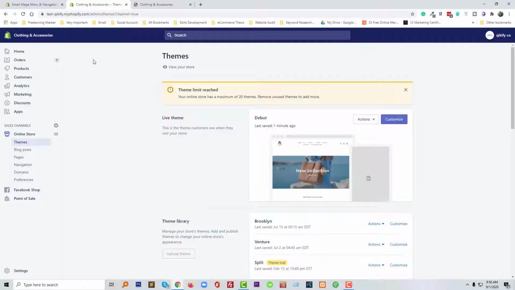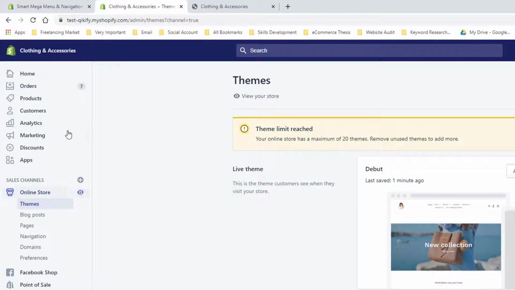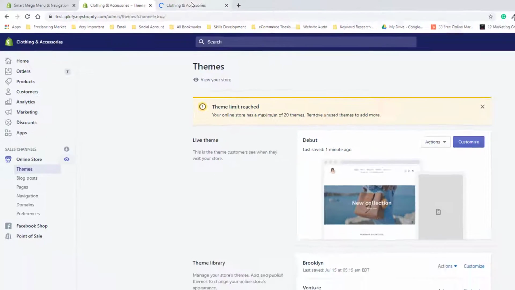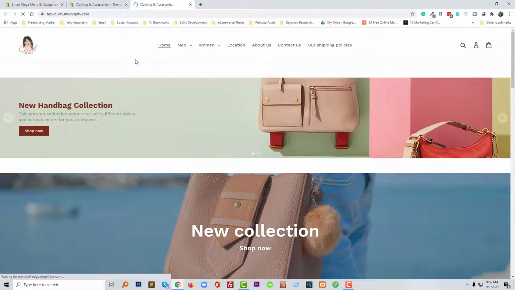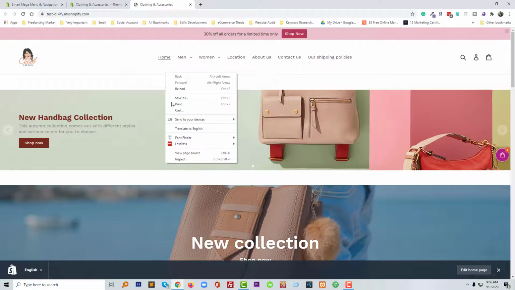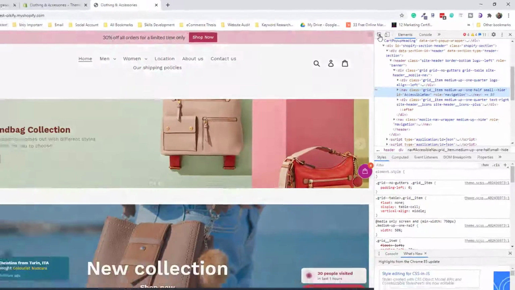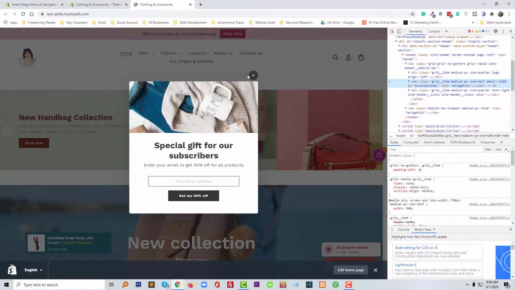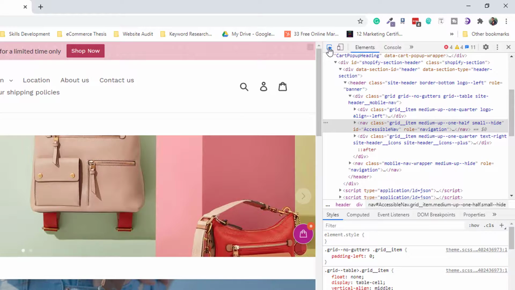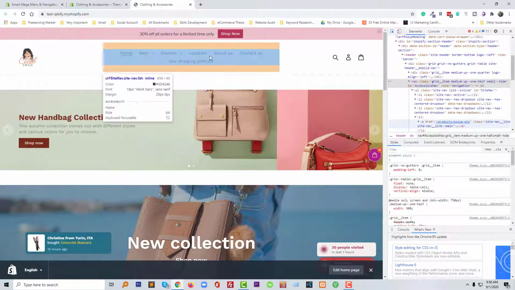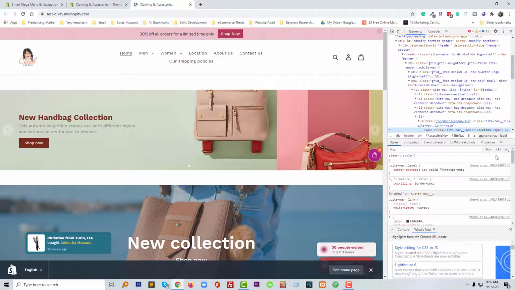First of all, you have to log in to your Shopify dashboard, then click on the online store, then click on the store preview button in the icon. Now click on the right button of your mouse, select inspect element, click on right here and select the navigation ul li a,